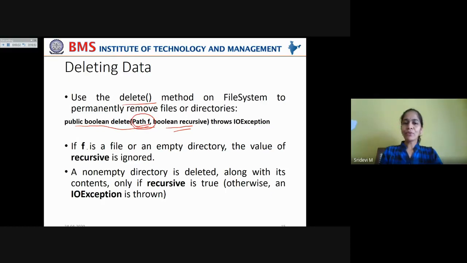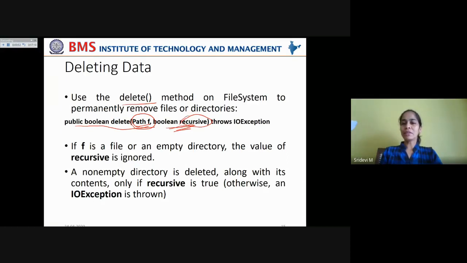Now, if f is a file or an empty directory, the value of recursive is ignored. If this is a file, it is deleted, and if it is an empty directory, this boolean recursive is still ignored. But a non-empty directory is deleted along with its contents only if recursive is true.